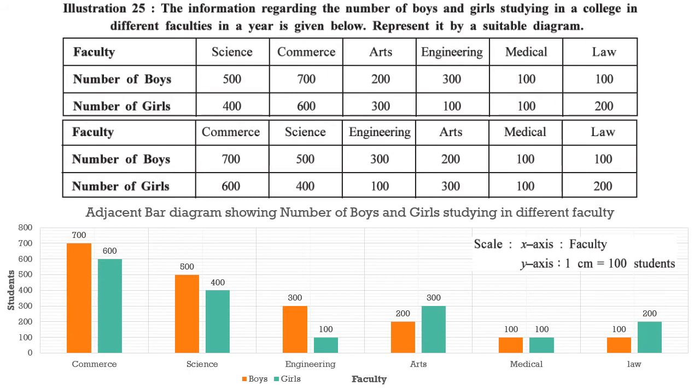Just like whatever things I have shown you on screen, everything must be present in your graph papers, because this is the ideal method of depicting a diagram on a graph paper. All the details of x-axis, y-axis, boys and girls, scale, and the numbers written above the bars, you have to write it down. Okay, I will move on to the next one. If you are not done with this, pause this video, complete this graph, and then move on by resuming it.